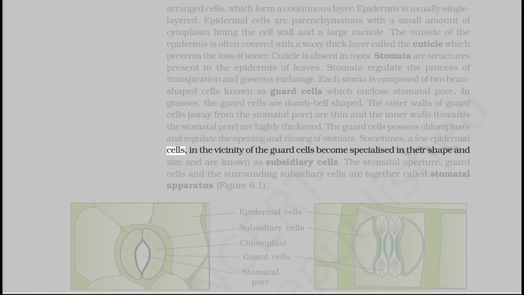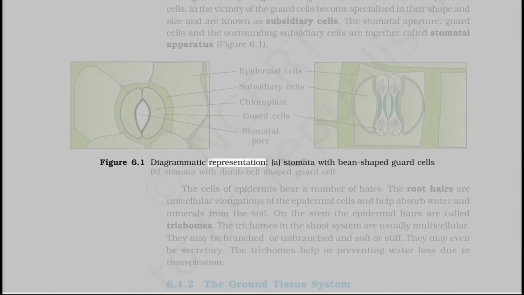Sometimes, a few epidermal cells in the vicinity of the guard cells become specialized in their shape and size and are known as subsidiary cells. The stomatal aperture, guard cells and the surrounding subsidiary cells are together called the stomatal apparatus, figure 6.1. Diagrammatic representation: A. Stomata with bean-shaped guard cells. B. Stomata with dumbbell-shaped guard cells. Epidermal cells, subsidiary cells, guard cells, stomatal pore,